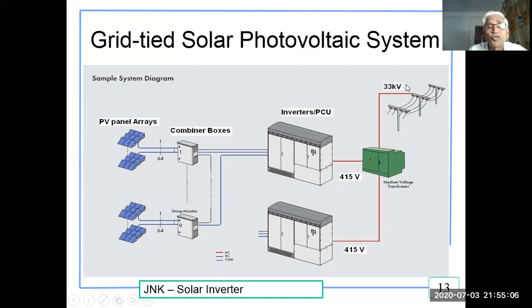It can then go to 33 kV. So basically, in this one you are noticing the AC panel, PV panels and arrays are available here. The number of strings is about 64. They are all going to combining boxes where they get combined into two lines only or whatever, depending on the MPPT, and go to the inverter. From the inverter, the output is going to the DC switch system and then to the grid. This is going out.